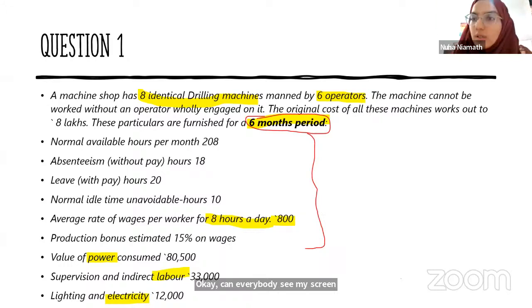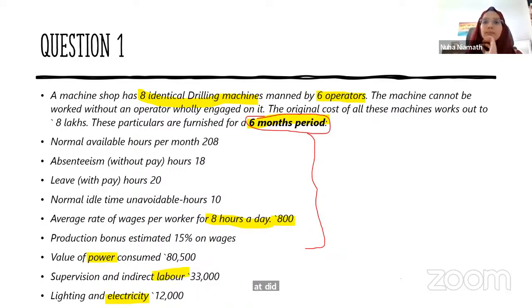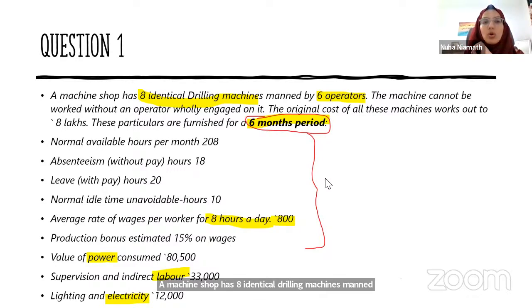So here we have a question which talks about, again, overhead costing. A machine shop has 8 identical drilling machines manned by 6 operators. The machine cannot be worked without an operator wholly engaged on it. The original cost of all these machines works out to 8 lakhs. These particulars are furnished for a 6 months period. Please note, 6 months period. Normal available hours